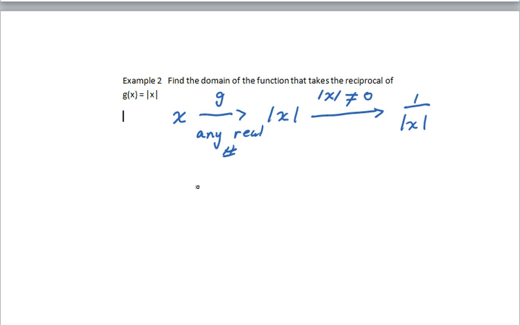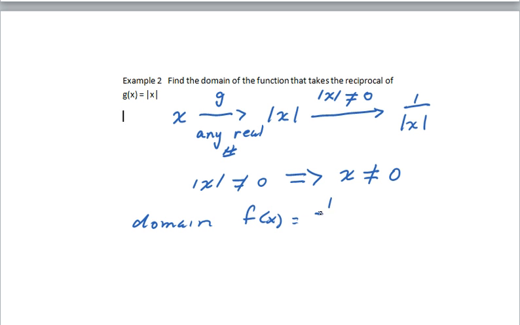So since the absolute value of x cannot equal 0, that implies that x itself cannot be 0, since the only x value whose absolute value is 0 is 0 itself. So the domain here for f of x equals 1 over the absolute value of x